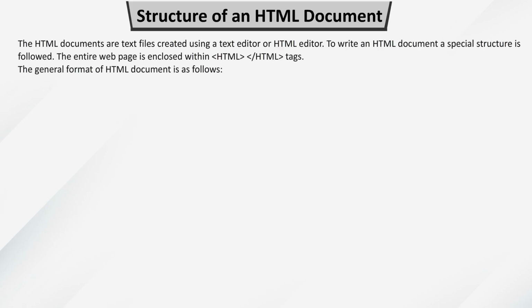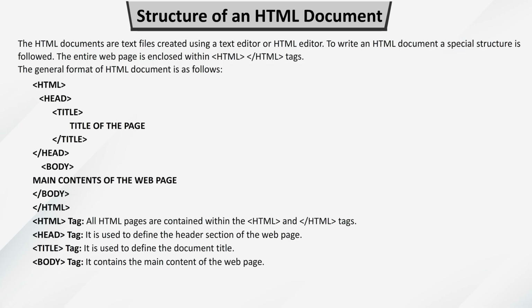HTML documents are text files created using a text editor or HTML editor. To write an HTML document, a special structure is followed. The entire web page is enclosed within <HTML> and </HTML> tags. The general format of an HTML document is as follows: <HTML>,